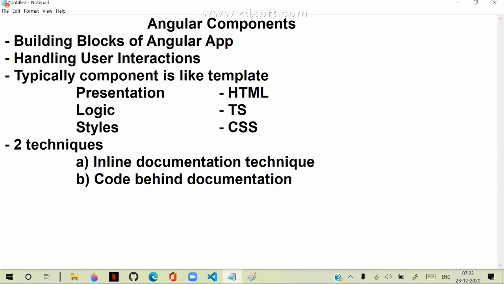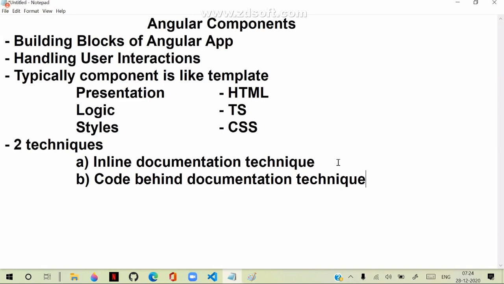There are two types of techniques used for designing a component. Depending on the situation, we use both of them. For certain occasions, inline is good. For certain occasions, code behind is good. We will discuss when they are good.